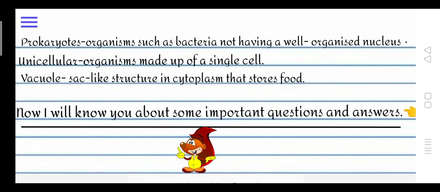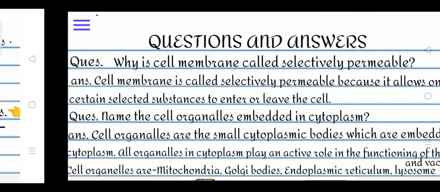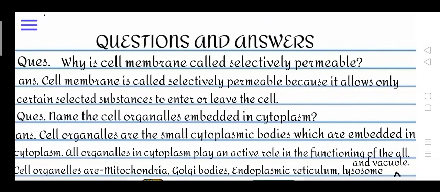Now, I will tell you about some important questions and answers that you all have to learn. Okay, so question number 1, why is cell membrane called selectively permeable? It is very important. You have to know why we call the cell membrane selectively permeable. As you all know, cell membrane is called selectively permeable because it allows only certain selected substances to enter or